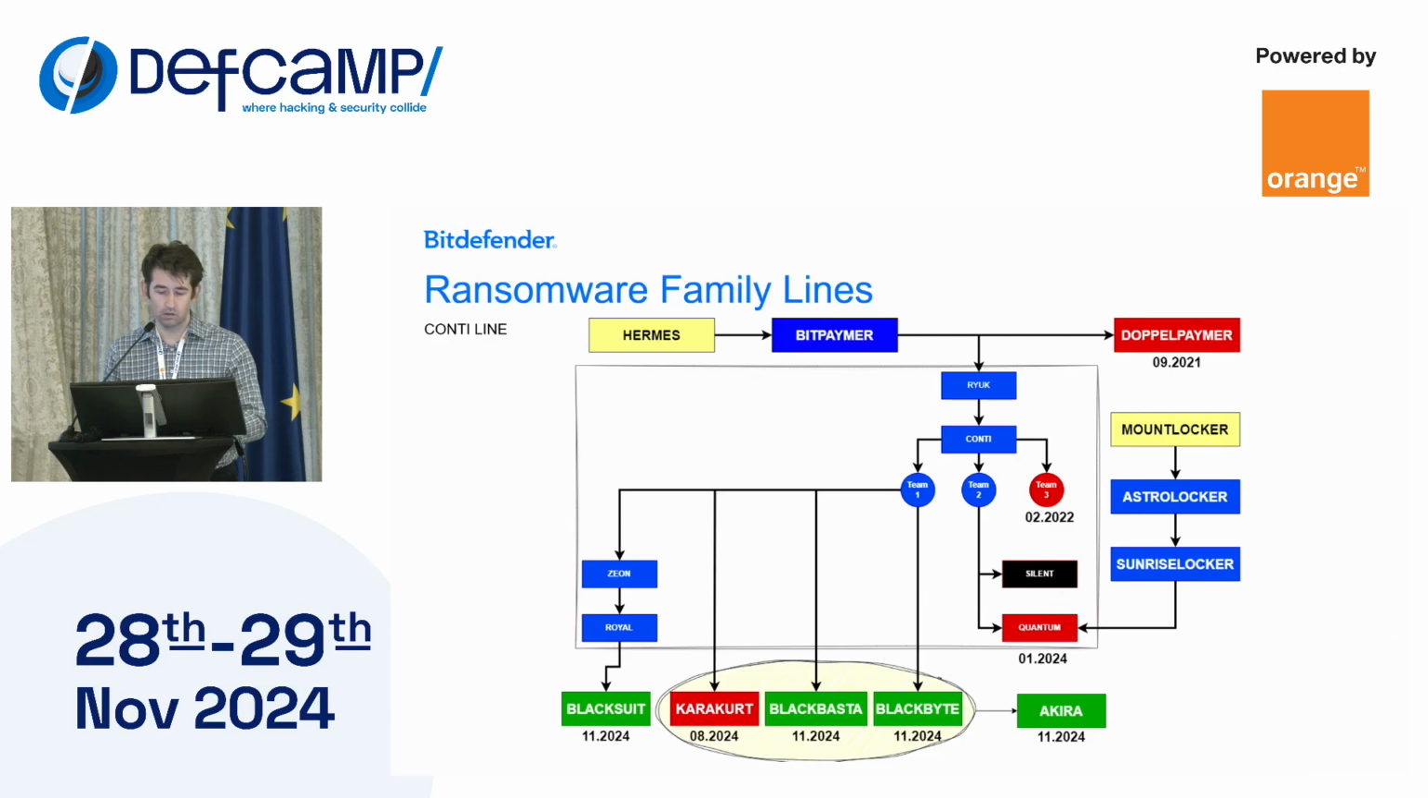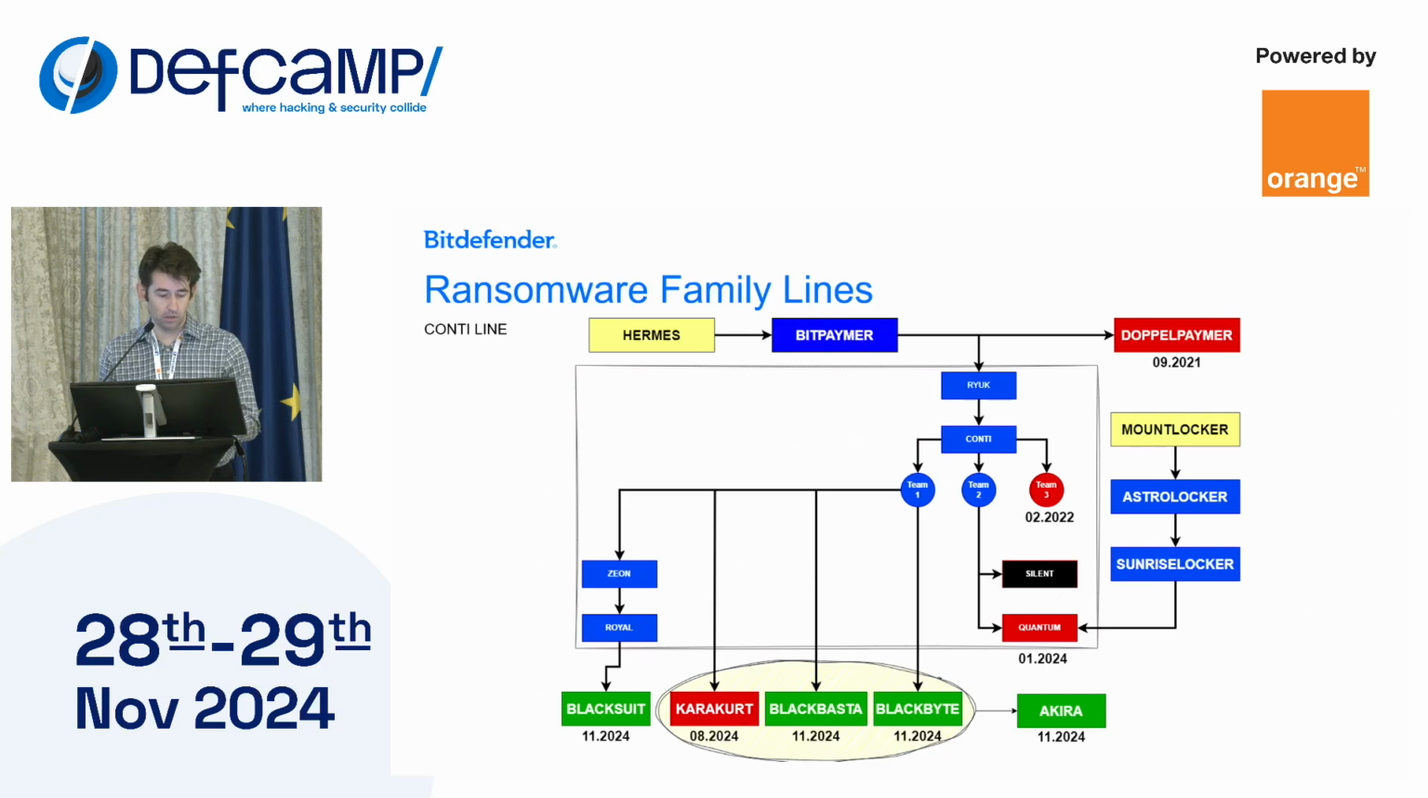So the green boxes means that the ransomware are still active, red that they are dead or not working anymore, and the blue is something in between. Okay, so there is another branch of this Conti team, which includes Karakurt, Black Basta, and Black Byte, and they were also